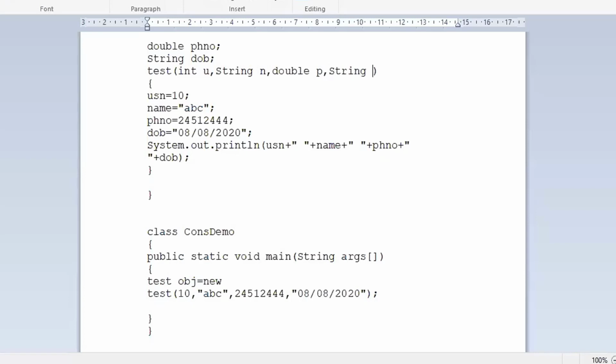String D. U for USN, N for name, P for phone number, and D for date of birth. So now instead of initializing the values, USN needs to be occupied with the U value, name with the N value, phone number with the P value, and date of birth with the D value.